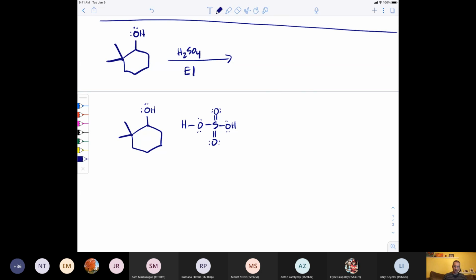Sulfuric acid is a strong acid, and strong acids, first step, proton transfer. So we're going to transfer a proton here to the oxygen, which will look the same as it did in the previous reaction. And that gives plus